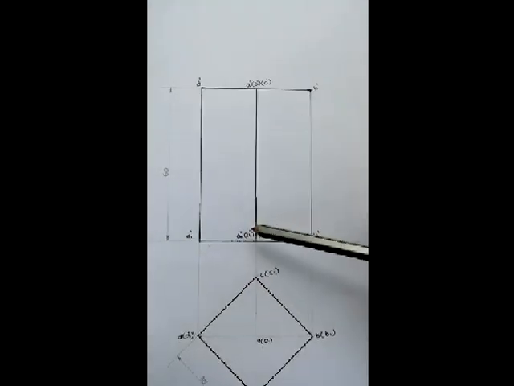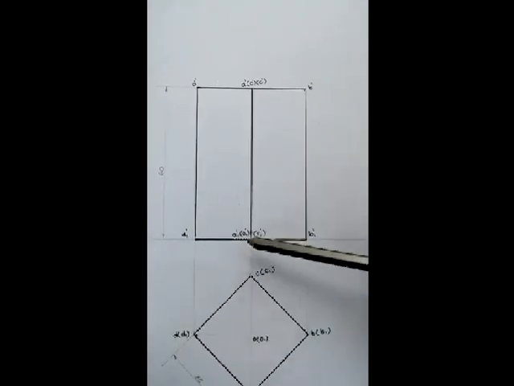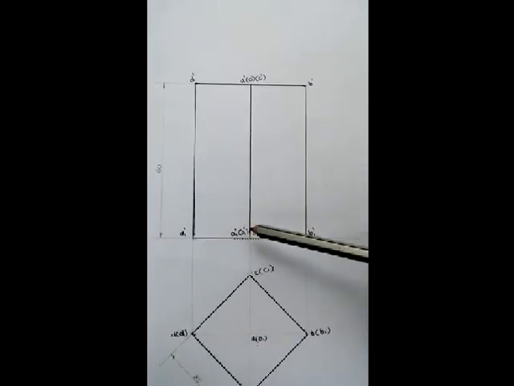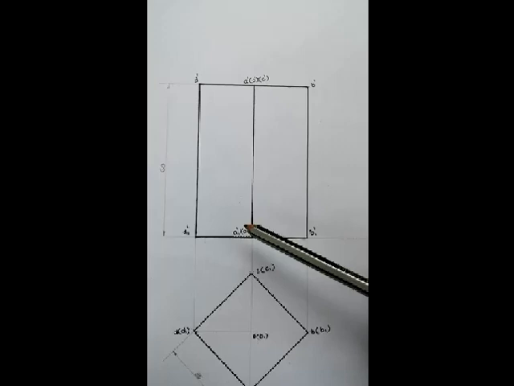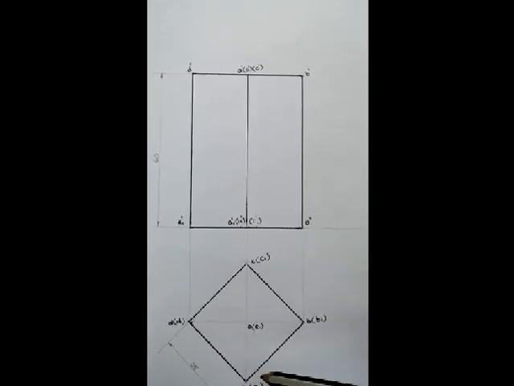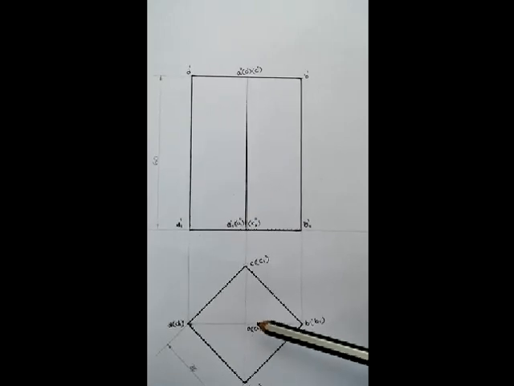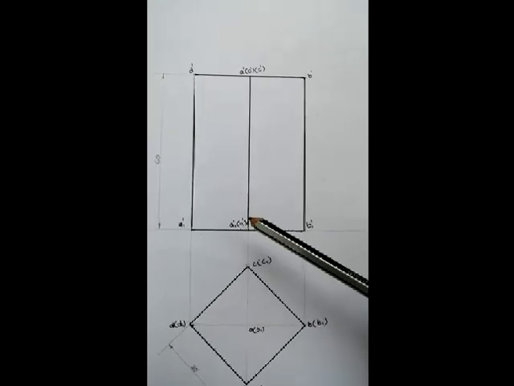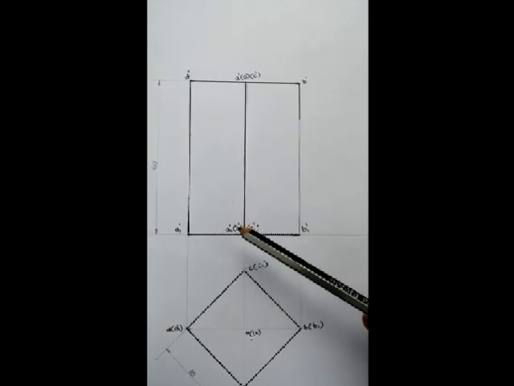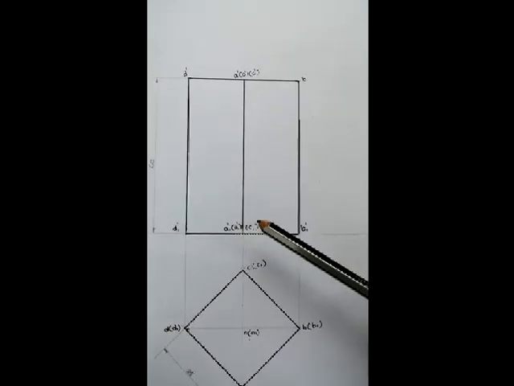And here from these two corners we'll project one line, and these two lines will overlap each other. So this point is C1 dash, A1 dash, and also O1 dash. Since it is the bottom corner, we have to write prefix 1. So A1 dash, C1 dash, and O1 dash.